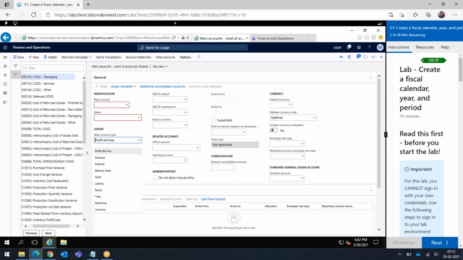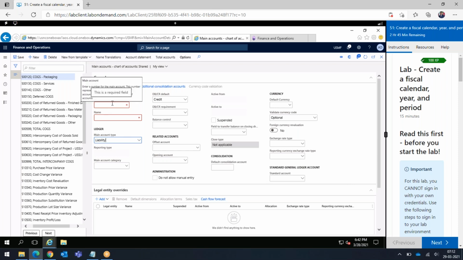Here, while creating an account, I can select the account type asset. If I'm entering one series accounts, I will use assets. If I'm creating two series accounts, then I will use liability. If I'm creating three series, this is a best practice. It is not a thumb rule or anything like that. There are no rules. If it is three series, I will select equities